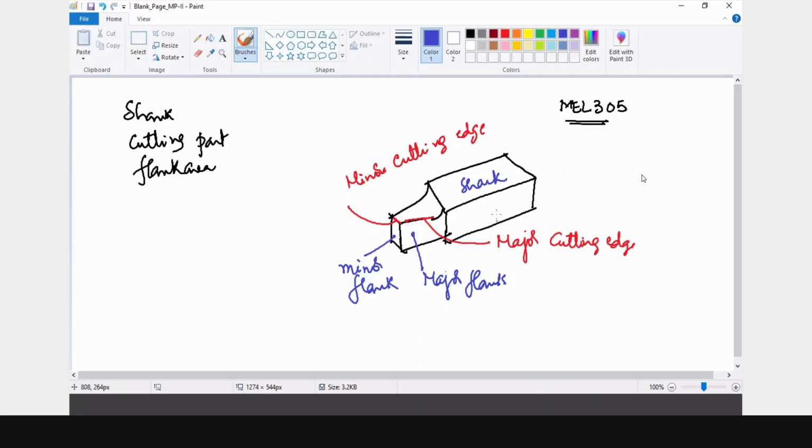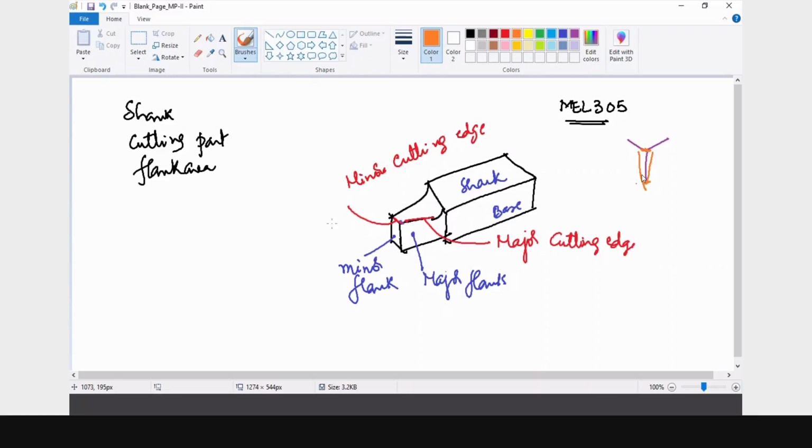Also we have seen there is a small feature at this location. It is not exactly a sharp corner, though we have drawn it like this. There will be a small amount of radius, and you will have some sort of taper.